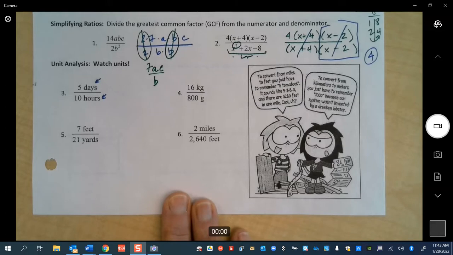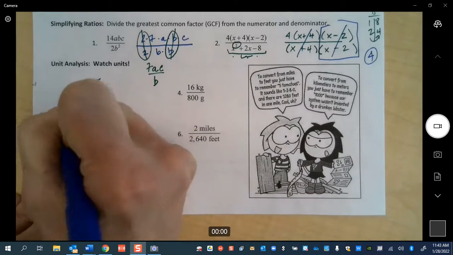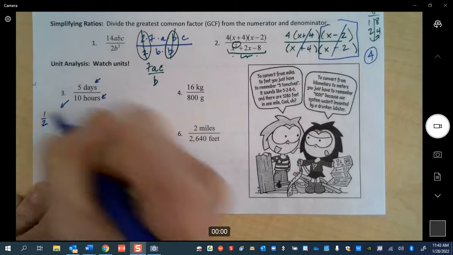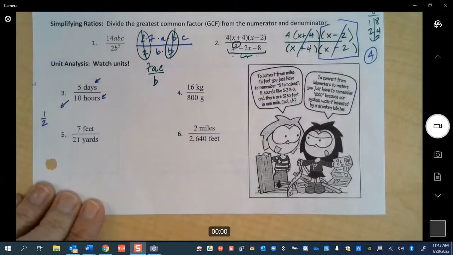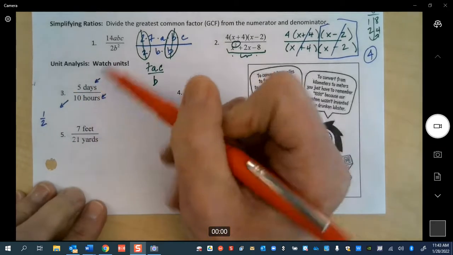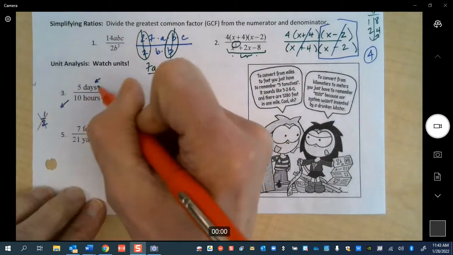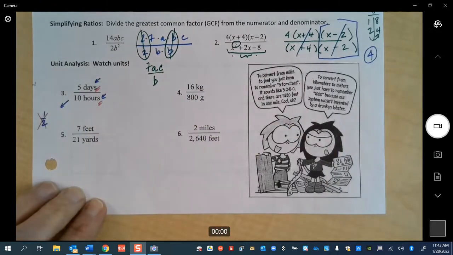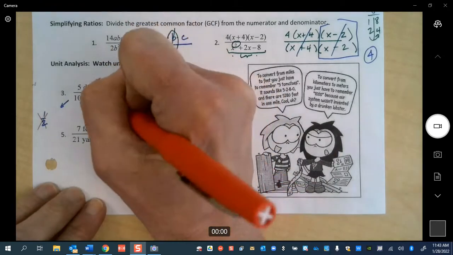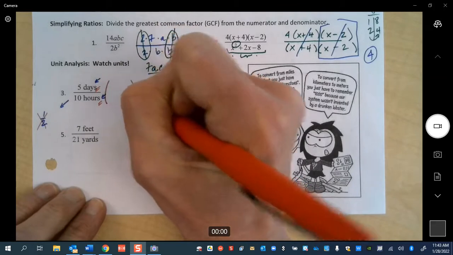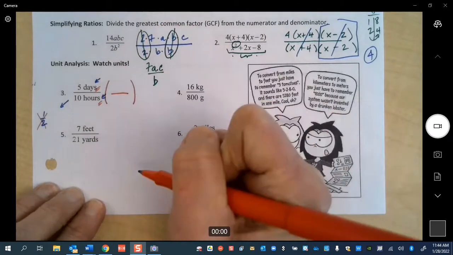And the biggest mistake for this one would be that somebody would simplify it, and somebody's going to say, oh, that's 1/2. Now, don't write that down because that's wrong. So it's not 1/2, because even though 5/10 simplifies to 1/2, I still have to take into consideration my units. And I need to do what we call a unit conversion. And I need to understand how to simplify this